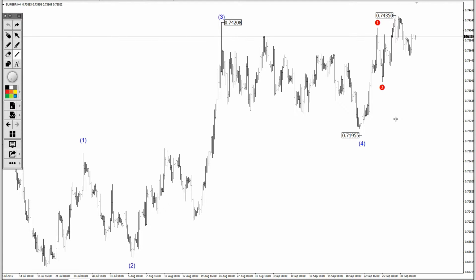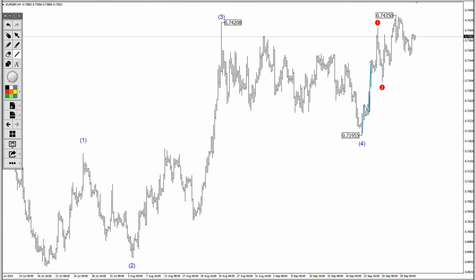The impulsive structure here is a little bit unclear at this point. There's a lot of overlap, and there's 3-wave structures also seen here, so hard to figure out what is the correct labeling here. The labels I have right now can be incorrect at this point, but once we see further development in this pair, we can start to label this more correctly. But at this point I'm expecting more upside,